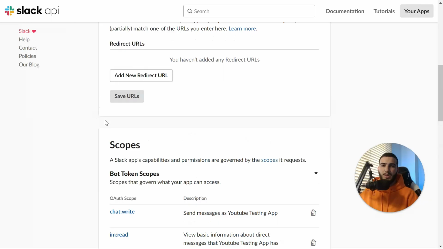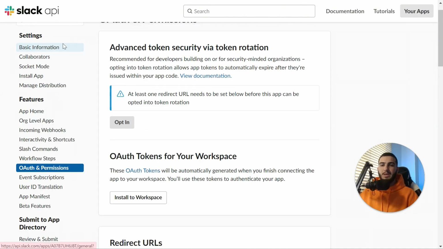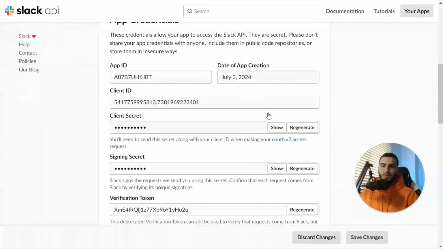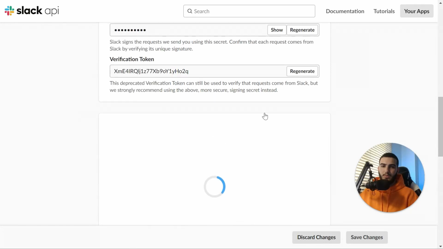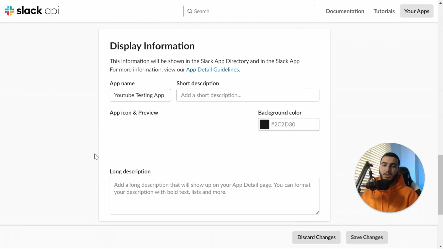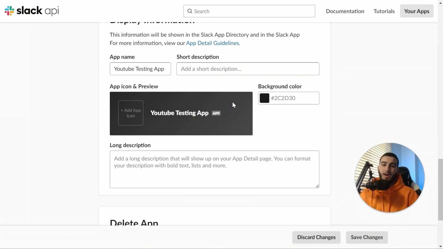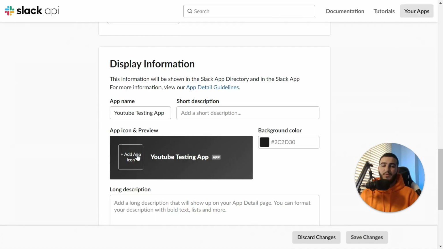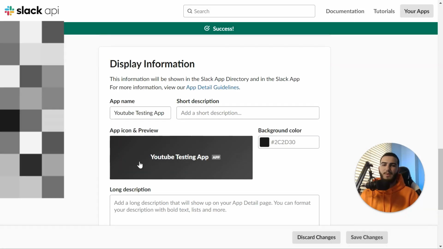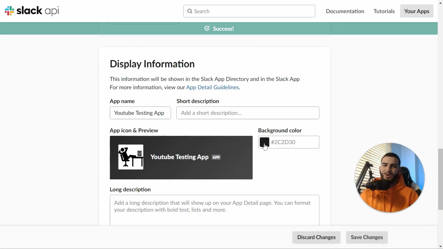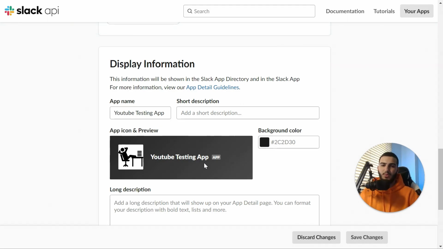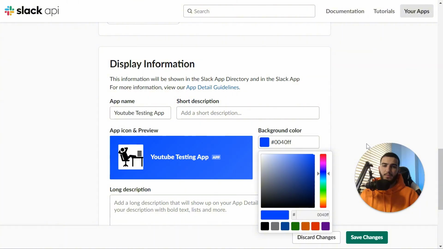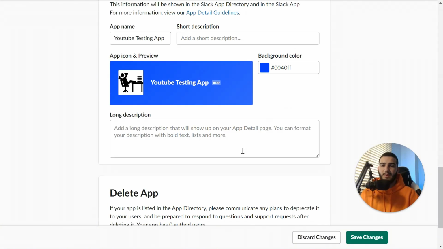So once you've actually gone ahead and done that, you go over to basic information. And if you scroll down, this is where you can actually edit the design of your app. So the color, the name, even add an icon. So just to show you an example for this, I'm just gonna add a random icon I've got here. So I went ahead and added a random icon. It doesn't really matter. Obviously, it changes depending on what you want. Here you can set up the image, even the background color if you want it. So let's say if you wanted to do a blue instead, and obviously the name of your actual app